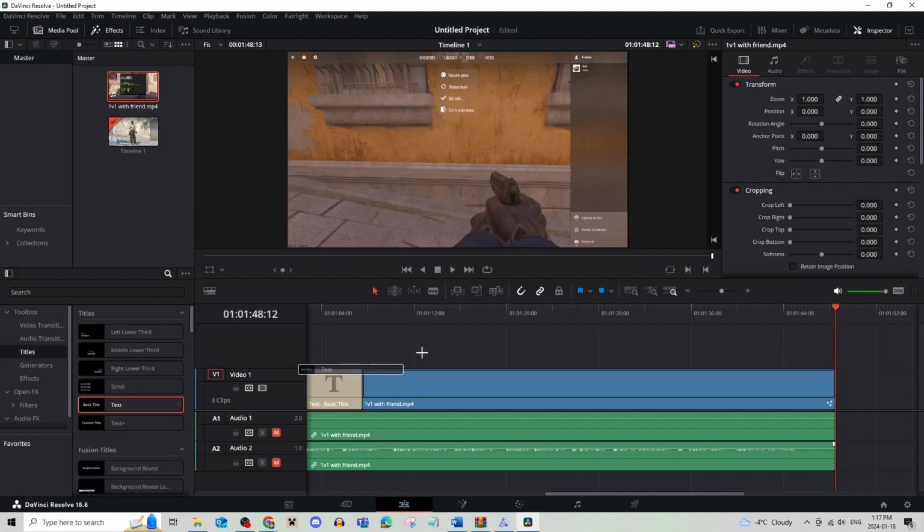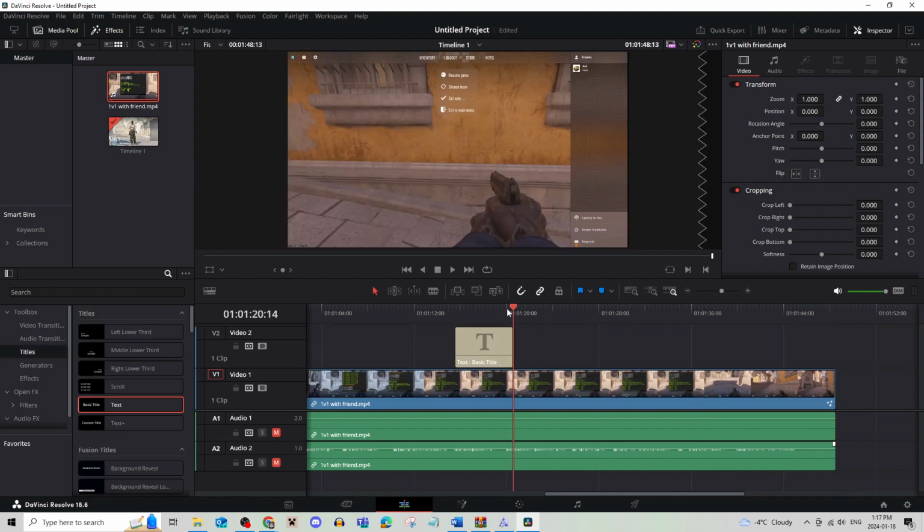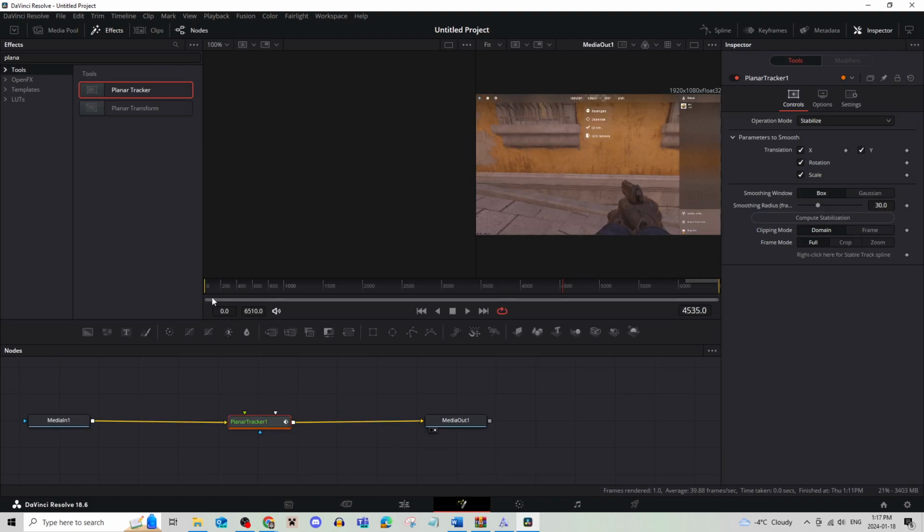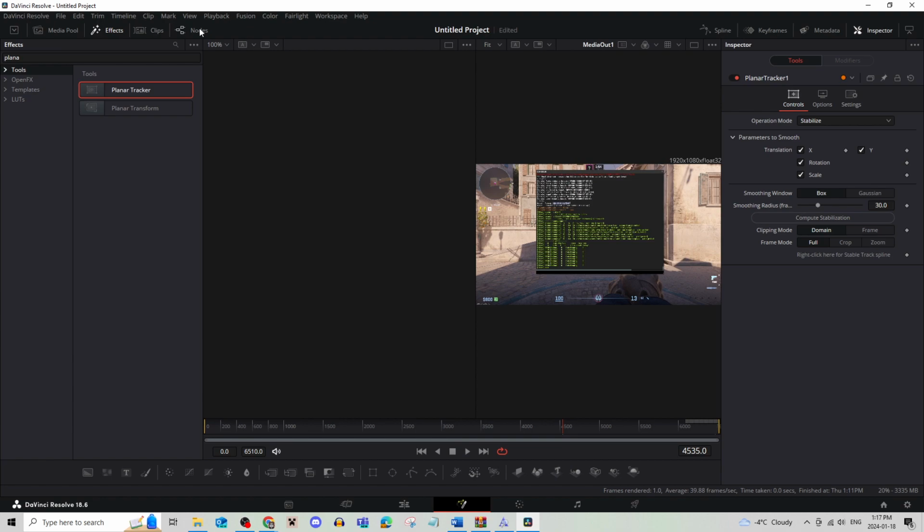You're going to begin by adding some text. And what you're going to do is select the text and make sure that you're at the beginning of the text. You are going to go into your effect,